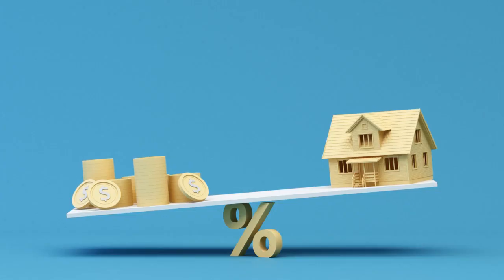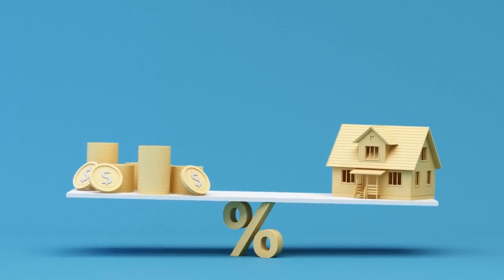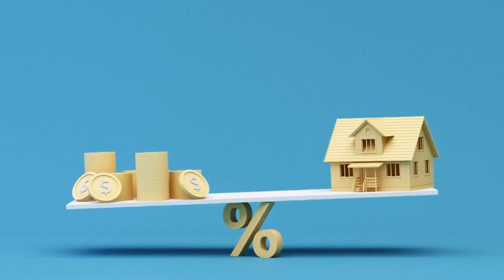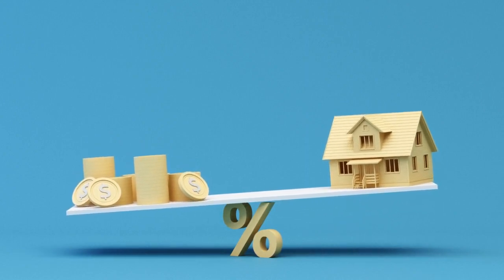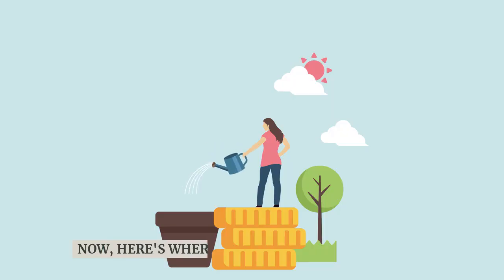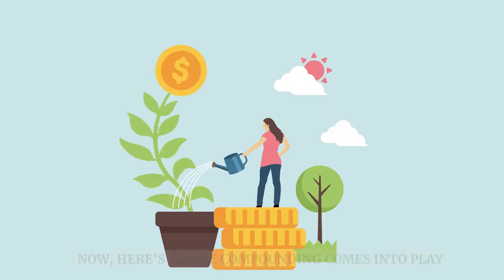$9,732 annually. After deducting operating expenses, property taxes, insurance, maintenance, etc., from your rental income and subtracting the mortgage payment, you might have a positive cash flow of $3,000 annually. Now, here's where compounding comes into play.